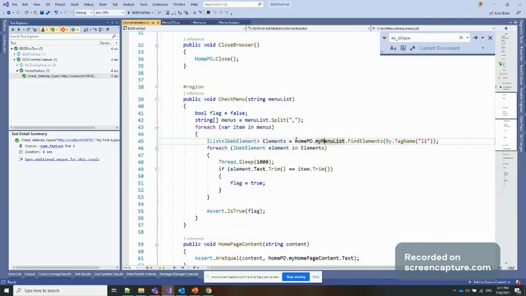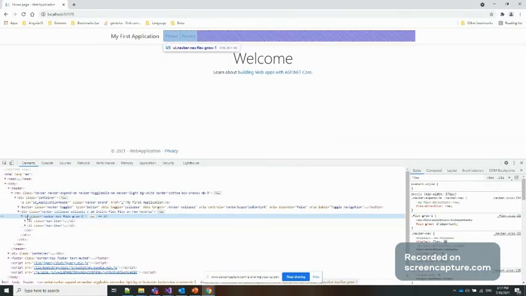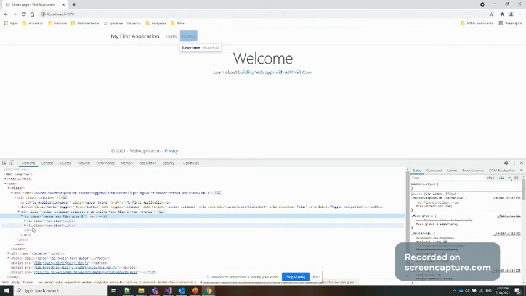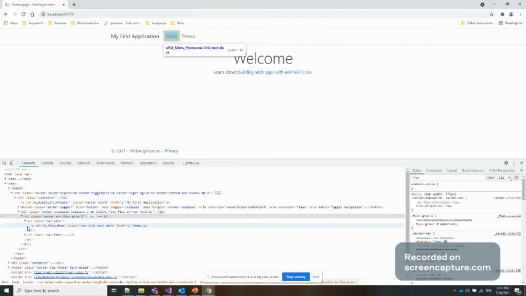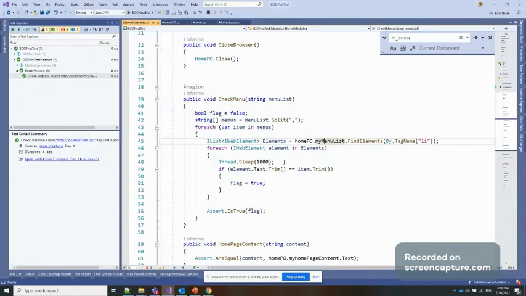Under the CSS selector, if we take a deeper look, we are up to this path UL, and under this there are two Li. I expand this Li. In the first Li there is home, and the second Li has privacy. Similarly, I again find this element.